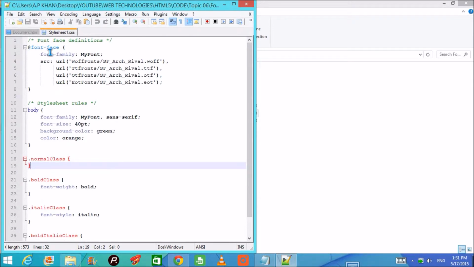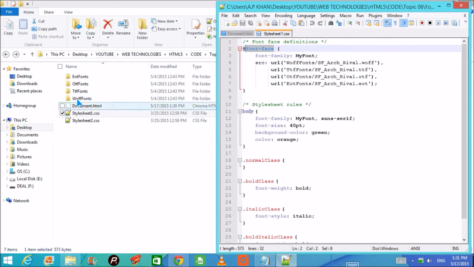First is font-face. This font-face has some font family, it has certain attributes. The font family is myfont. This is what I have given. This is a local name, but this is the important part. This is the keyword. Then font-family is a keyword, and the source is what? You can go to WOFF, find for this. You can go to TTF, find for this. OTF, you see, we have different folders. So we go to this folder, find this file. We go to this folder, find this file, and wherever it is available, because once you find this, you don't have to go to the others. So WOFF is available, and we find this font, and the body says font-family myfont.